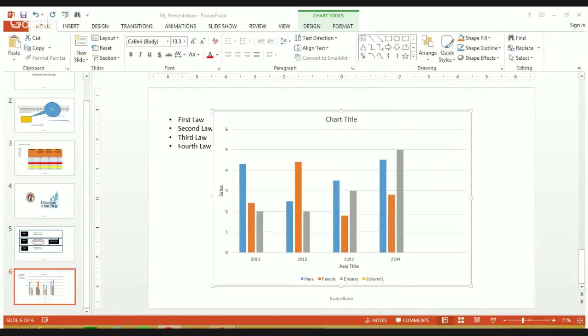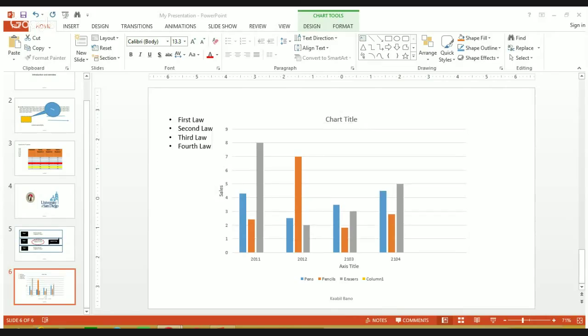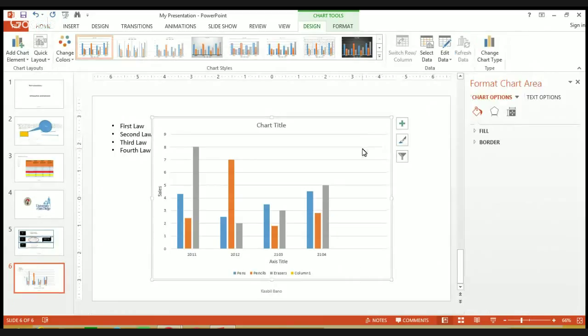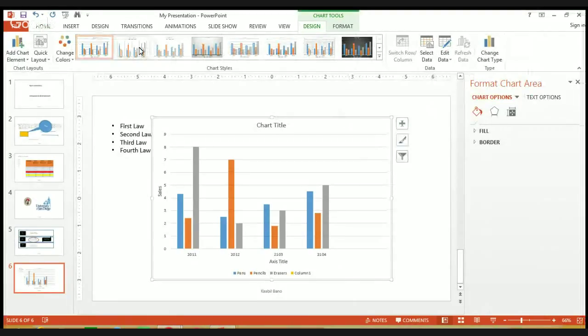For example, you have 6, you have 8, 7, 8. You can make whatever changes you feel like, right? Just close this. And see, for example, let's say you don't like the color. You have to double click on this box and two things will appear. The first thing is this. You will have two more tabs, which is design and format, and you will have a format chart area. You can select individual